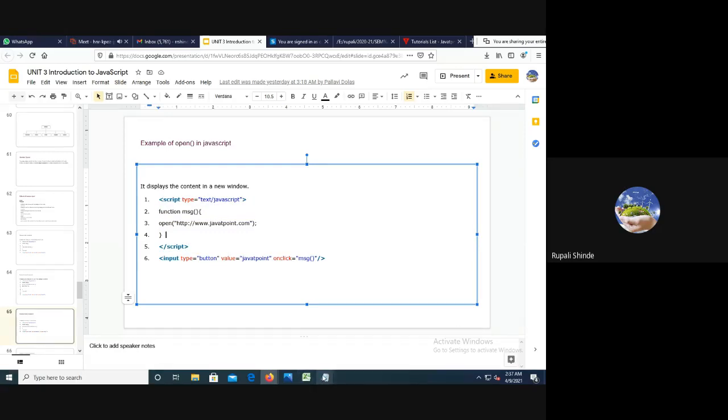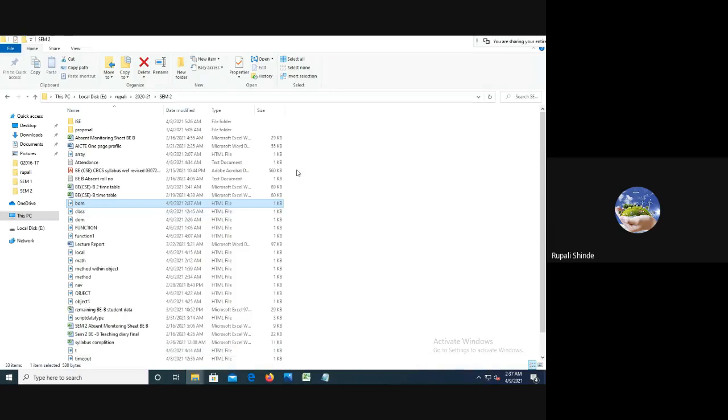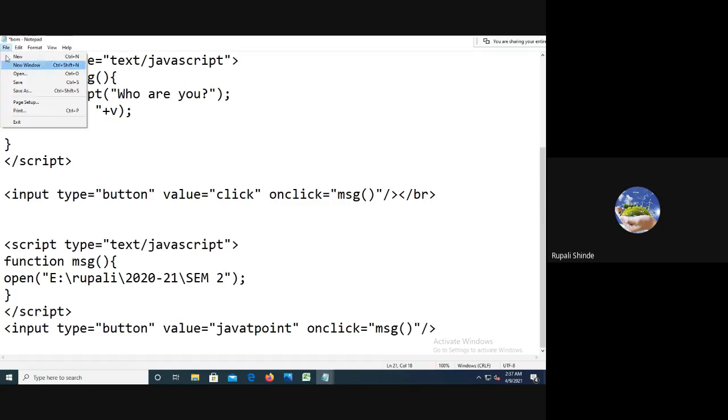What happens if we specify a local path here? We are going to see if it will open or not. I don't know if it is executable or not.